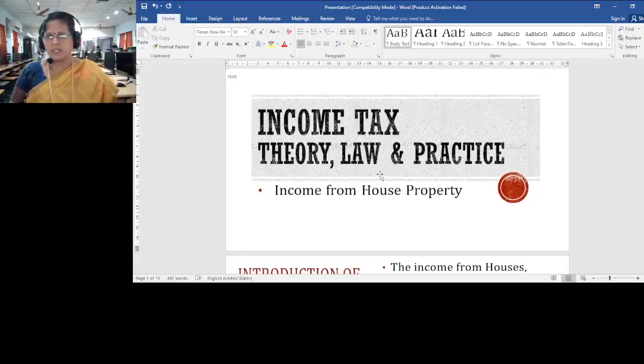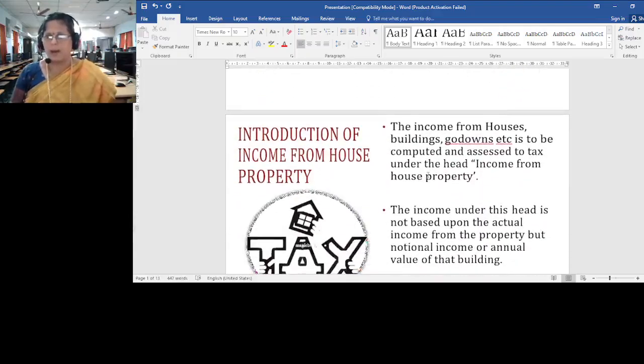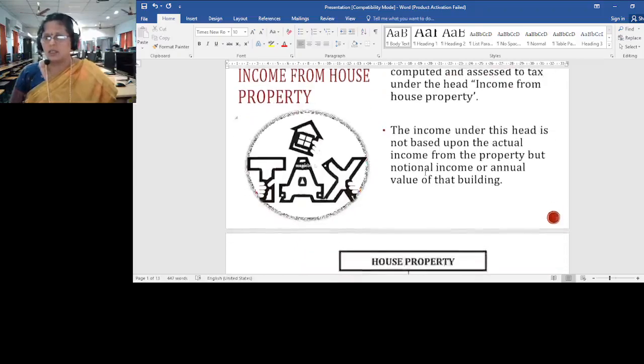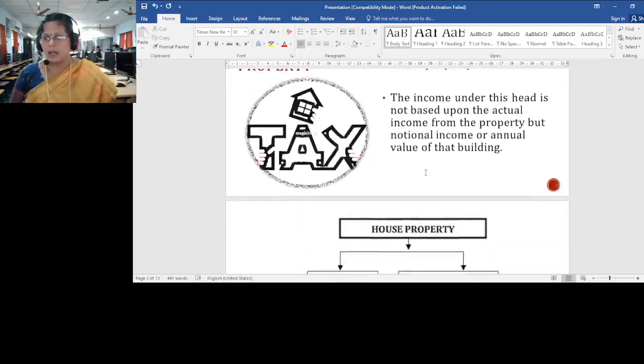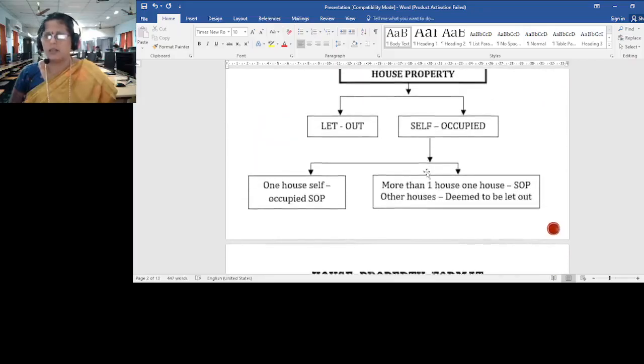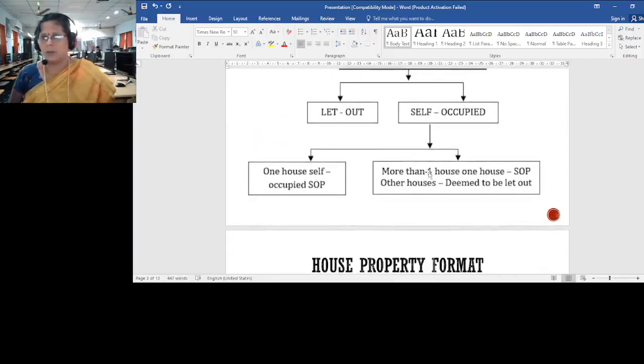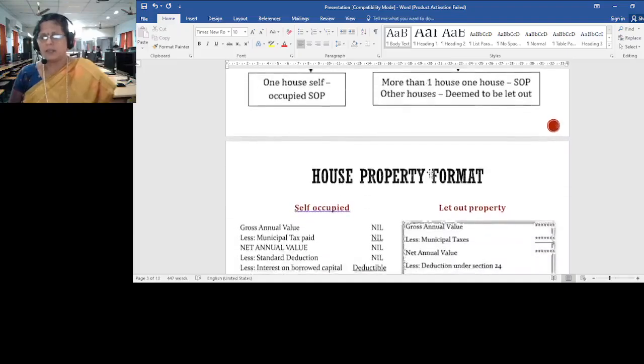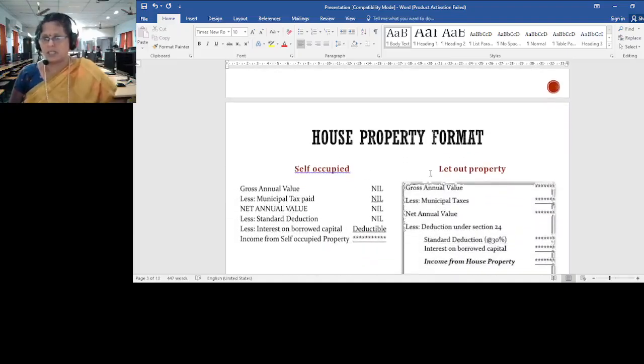So, in the previous PPT, I discussed income tax law and practices, in that, income from house property. Regarding income from house property, a part of it I have discussed in the previous slide, that is, what is income from house property and how it is calculated. I told you about let out property and self occupied property, and the format also I have discussed in the previous